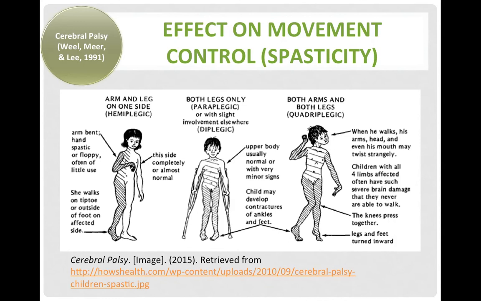In individuals with spastic CP, the effects on movement control can be quite severe, as it is caused by damage to the motor cortex. Spasticity refers to neuromuscular overactivity, resulting in excessive skeletal muscle contraction. This type accounts for the vast majority of CP. Its effects on the arms and hands can include constantly bent elbow, flexion at the wrist, flexion at the fingers,